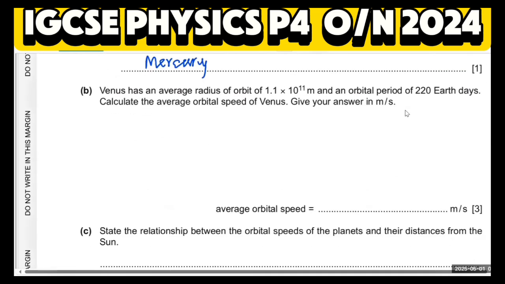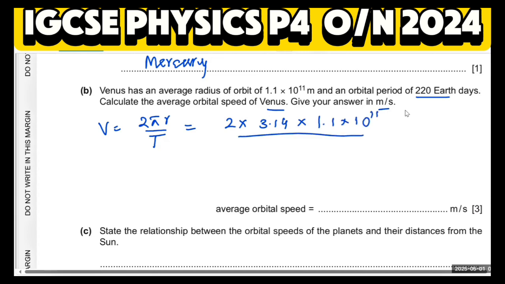Venus has an average radius of orbit 1.1 times 10 power 11. We always use the average radius because all the orbits are elliptical, and the orbital period is given, that is 220 Earth days. Calculate the average speed of the Venus. Give me your answer in meters per second. So we know that the orbital speed is always equal to 2 pi r over t. So r represents the distance, t is the total time, pi is a constant, and 2 is a constant. 2 times 3.14, r is the distance, we'll use it,